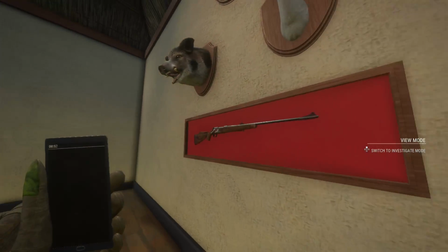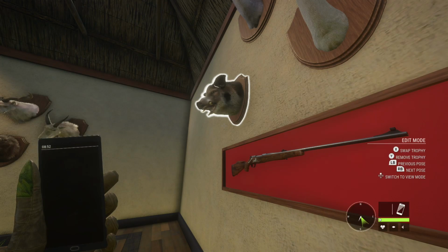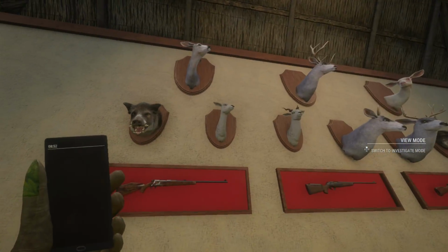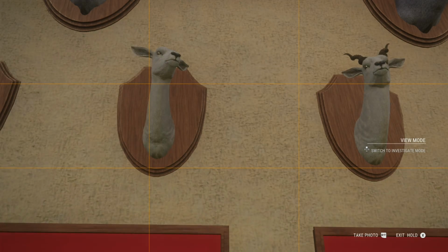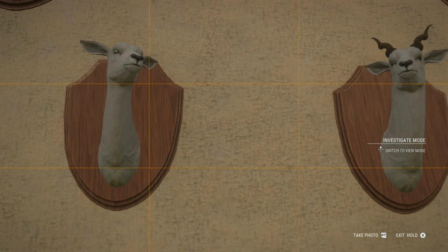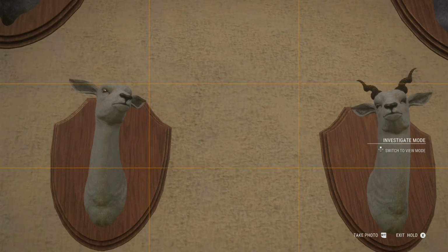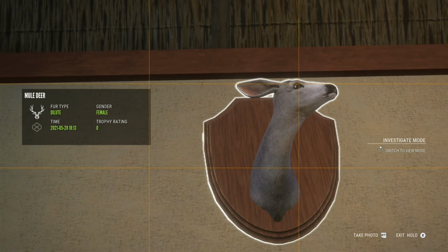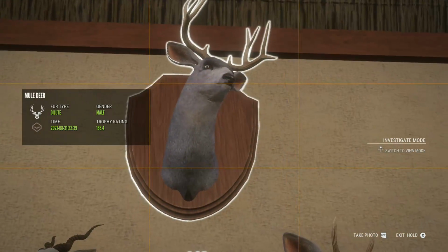Then over here we have a calico-looking feral pig and two leucistic black bucks. These two here are both leucistic black bucks, and they were taken in the same hunt from two different herds, one male, one female. Then up here we have a dilute mule deer doe, up with the biggest dilute mule deer buck that I have,